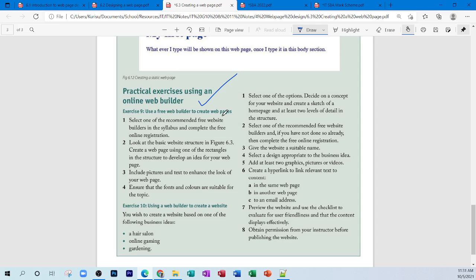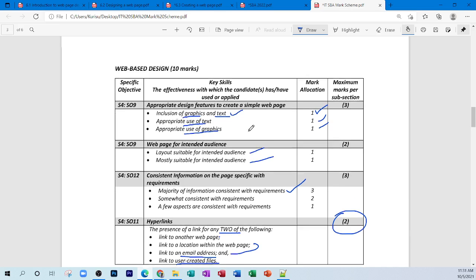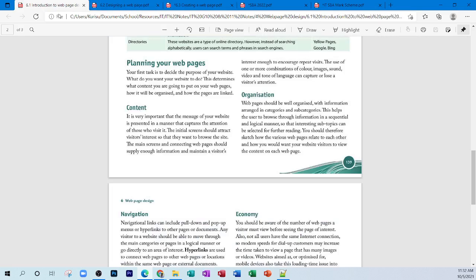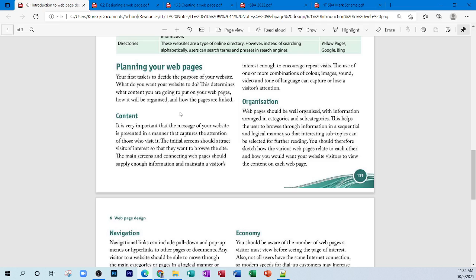So work on that for your assignment, and then you can start working on your SBA. All right. Any other questions? Any other concerns? Anything we need to clarify before we end? Remember to put in all of the skills, all of the principles, all of the knowledge that you would have learned. So for your assignment,